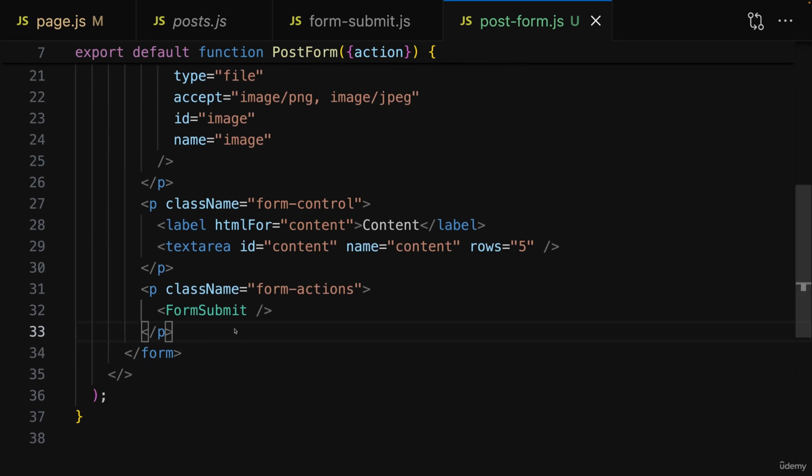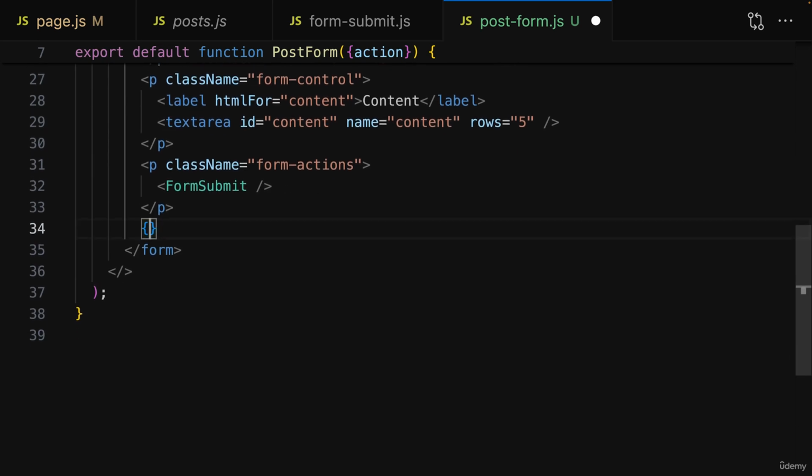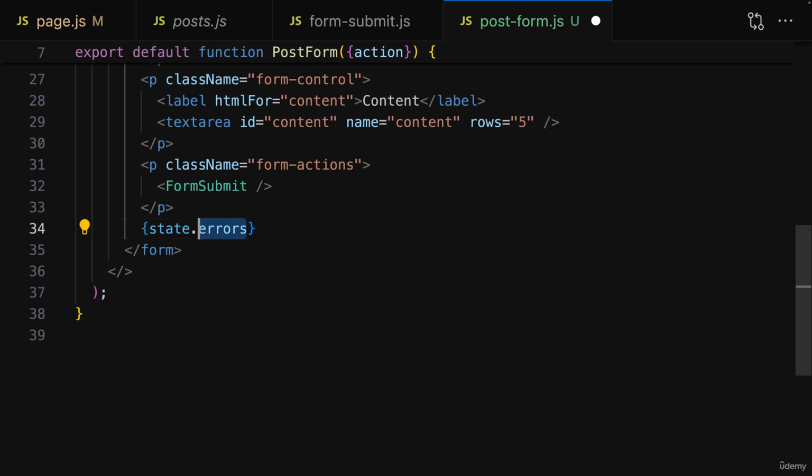For example, by going to the bottom of this form, and then here we can output those error messages dynamically by checking if state errors is defined. So if we have an errors property in the state object, and if that's the case, I want to output an unordered list here,